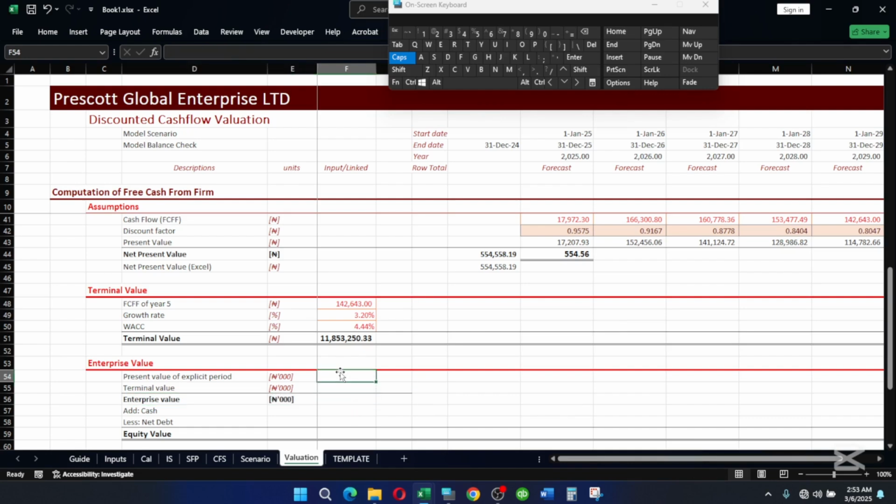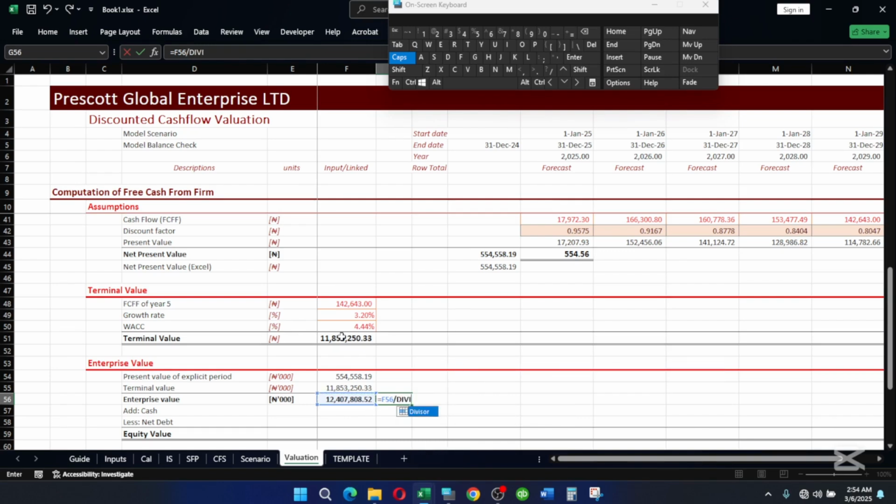So the present value of the explicit period, which is now the current period. So the present value of this business is this. You can choose any of this, and it's going to give you this. Now what is the enterprise value? The terminal value is equal to the terminal value we just calculated, link it. When you sum the total, the two of them are going to give you the enterprise value of this business. So if I come back here and